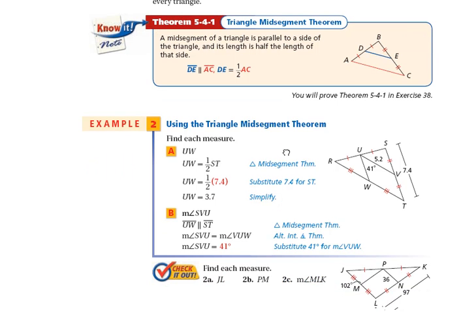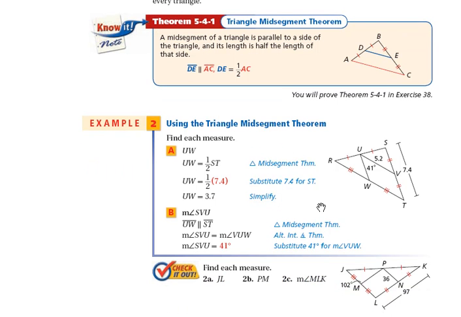And so we can use this theorem now for some of these other examples that we can look at, where we're finding the measure of UW and the measure of angle SVU, and so forth. So be sure to take a look at